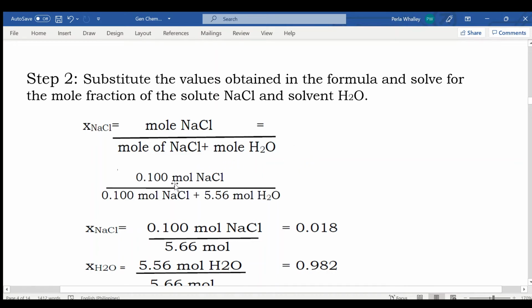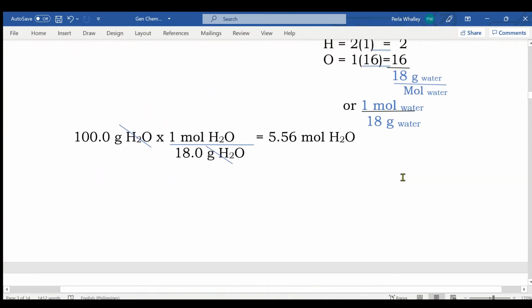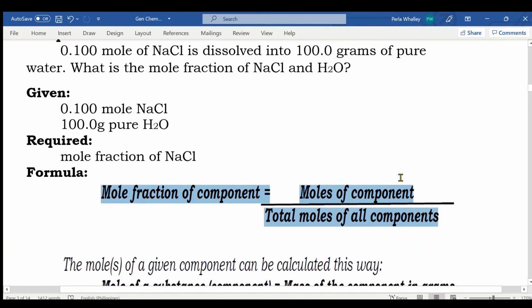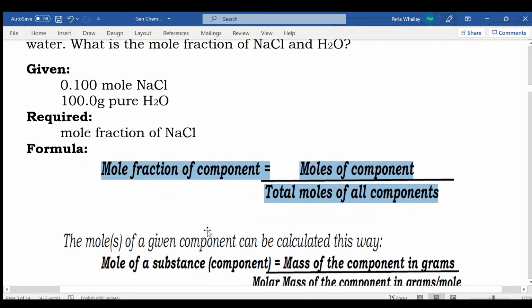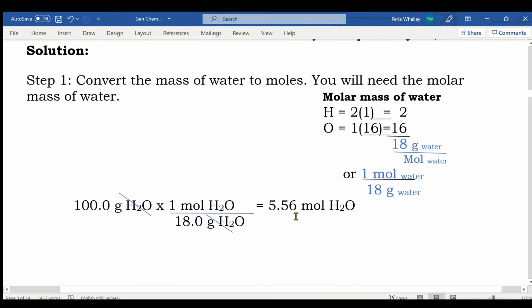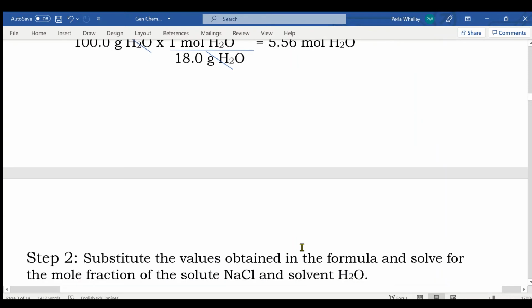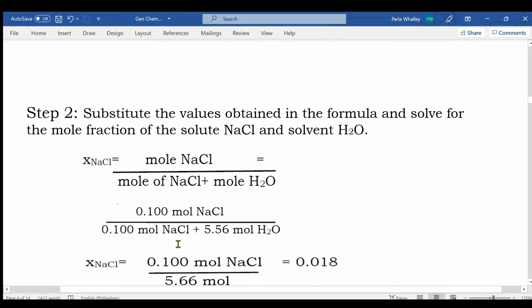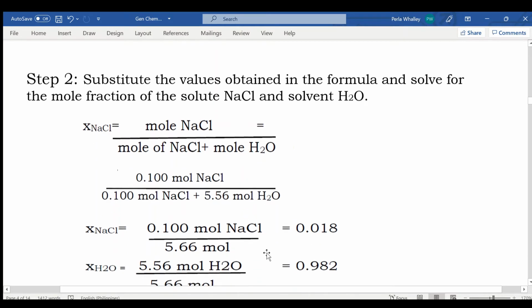So mole sodium chloride is given here, 0.1, and the mole of water is 5.56. Okay, 0.1 mole of sodium chloride divided by mole of sodium chloride plus mole of water. The answer is